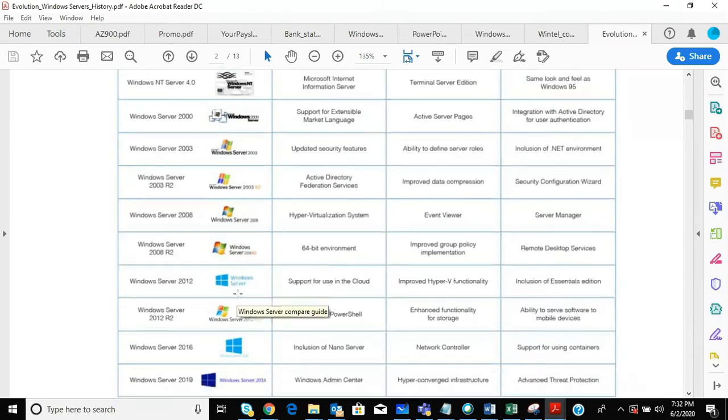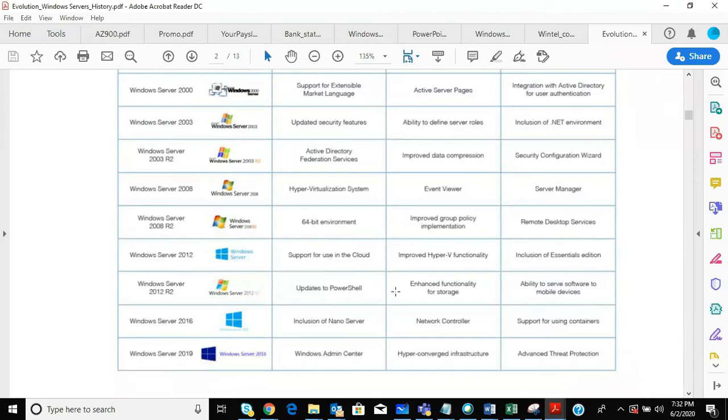The next version was Windows Server 2012. They started some cloud features, but that was really not mature enough. They improved Hyper-V functionality in the Essential edition of 2012 R2. PowerShell got introduced in 2008 itself, but very few modules were available.